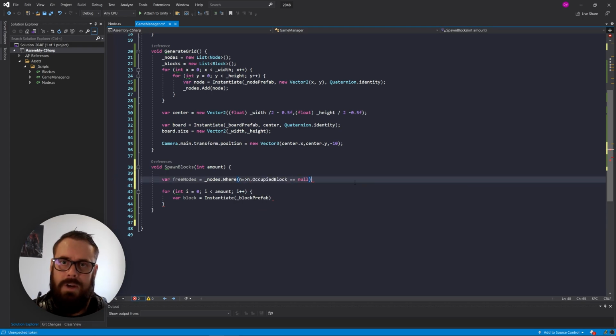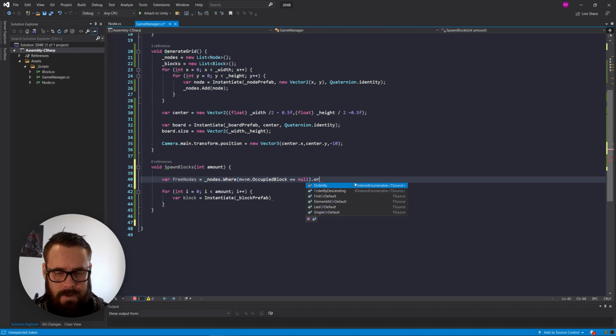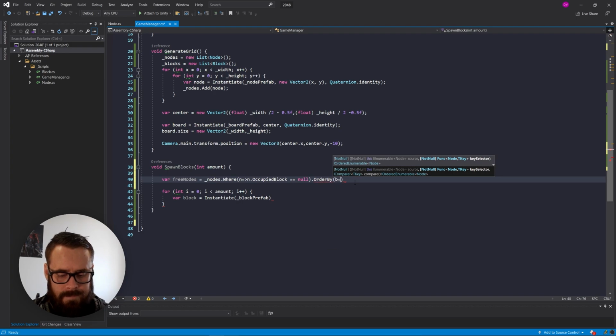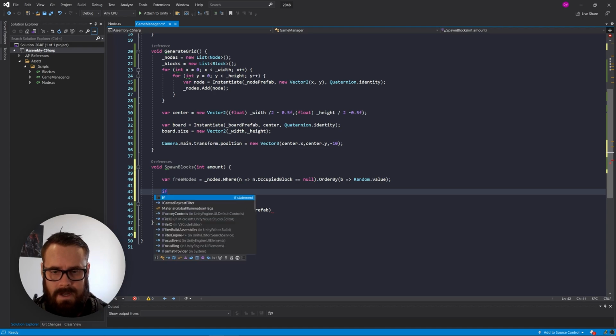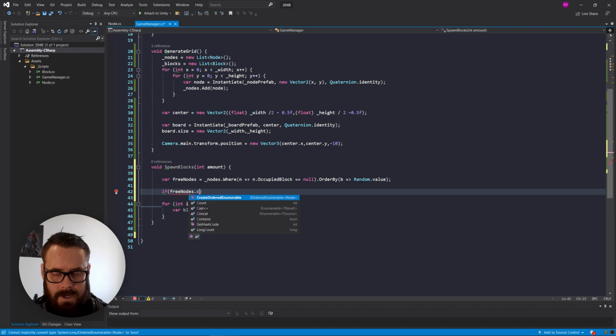So we're going to grab all the nodes in the grid that don't have a block on them yet, and we want a random one. So we're going to go OrderBy, and we're just going to use a random value to order them by. So now we have a count here. We know the game ends when there are no free available spots, don't we? So we'll say if freeNodes.Count